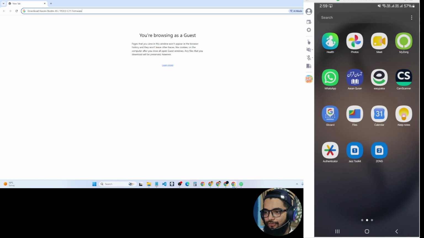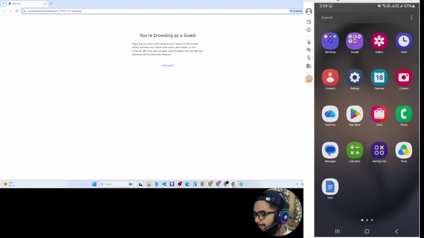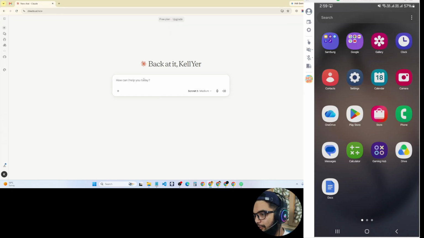Currently I do not have this device available on my desk, that is why I will just show you my Samsung device and guide you through the step by step options. One by one, you are seeing my laptop screen and my mobile screen as well. Okay, let's get started. First of all, I would like to ask my Cloudy,